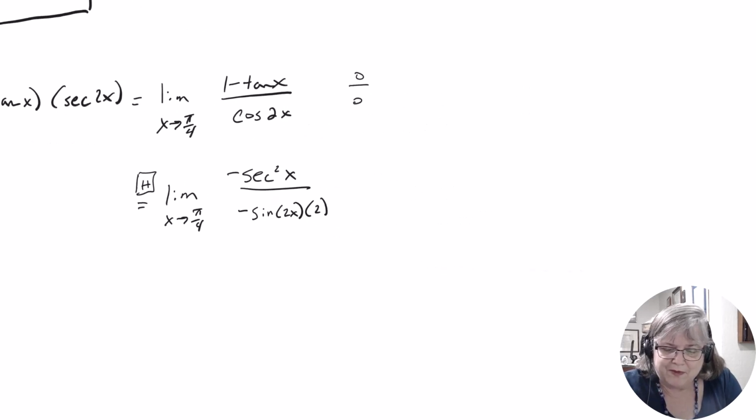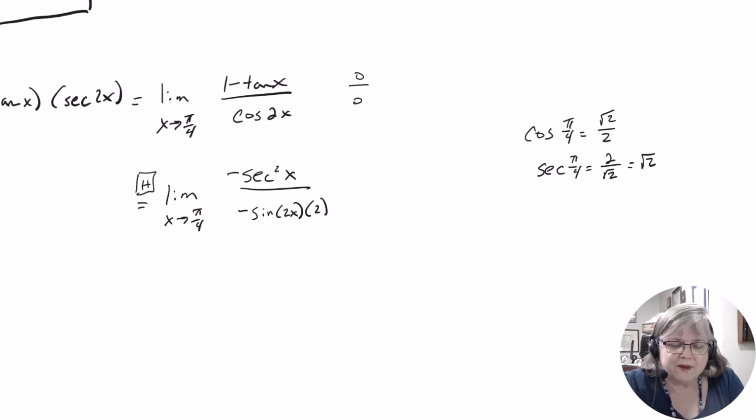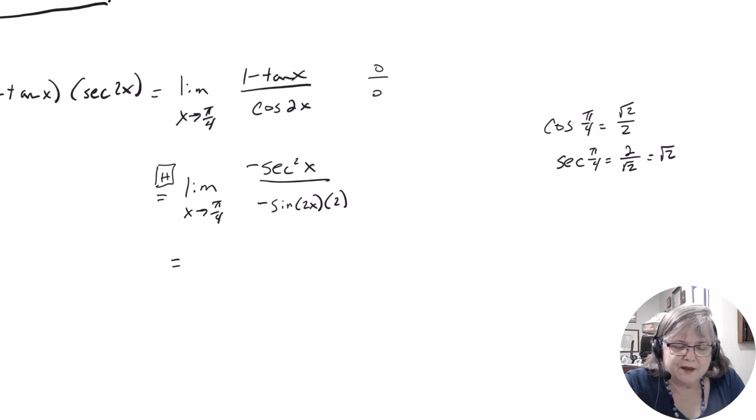Let's back up a minute. Cosine of pi over 4 is the square root of 2 over 2, right? So secant of pi over 4 is 2 over the square root of 2, which is the square root of 2. The square root of 2 cancels into that, leaves 1 behind. So this one is going to be the negative square root of 2 squared over